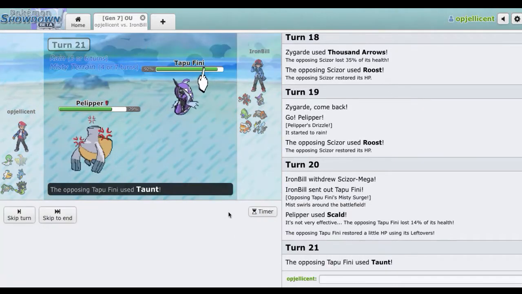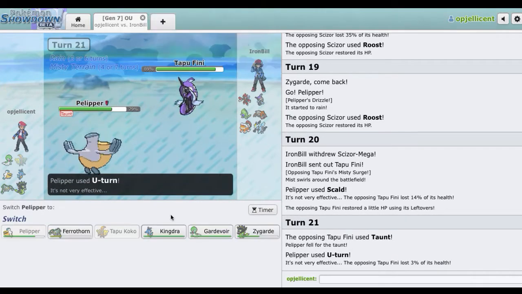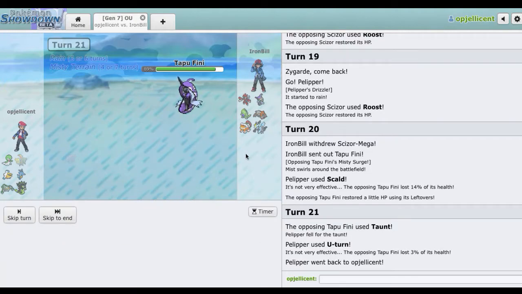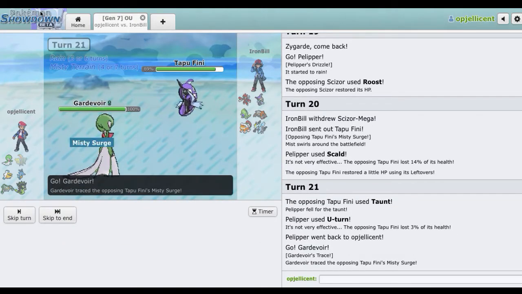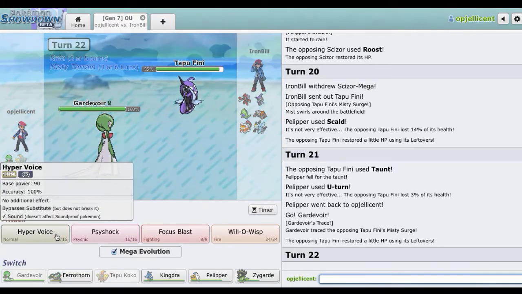And we can U-turn out here. Not sure why he taunted, in case I wanted to Roost, I guess, but this gives me my Mega Gardevoir. And even if he stays in, I just want the Hyper Voice damage. We obviously can't do anything to him under Misty Terrain, which sucks, but